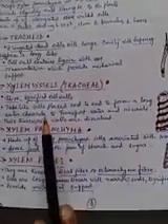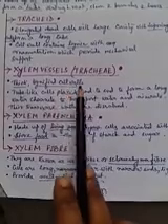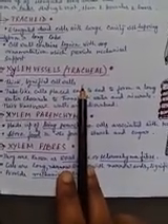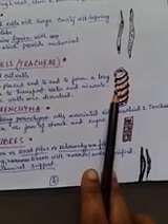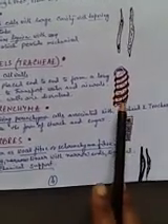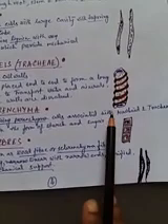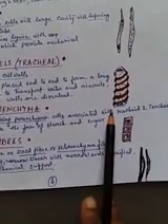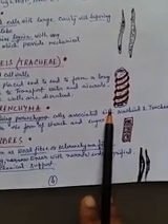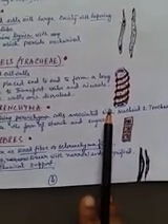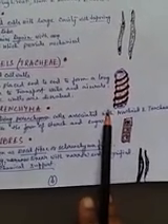Next is the xylem vessel. Another name of the xylem vessel is trachea, a long tube-like structure meant for the transportation of water and dissolved minerals from the root to different parts of the plant. They are made up of elongated cells placed end to end. Their cell walls are quite hard, thick and lignified, and transverse walls get dissolved.